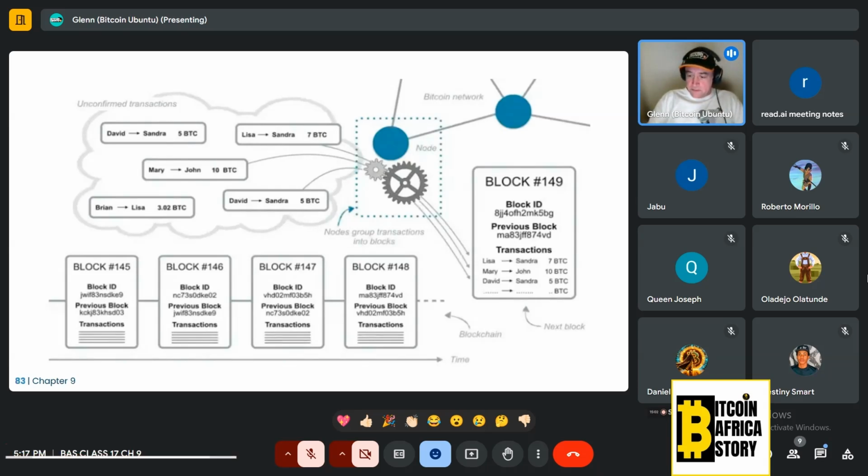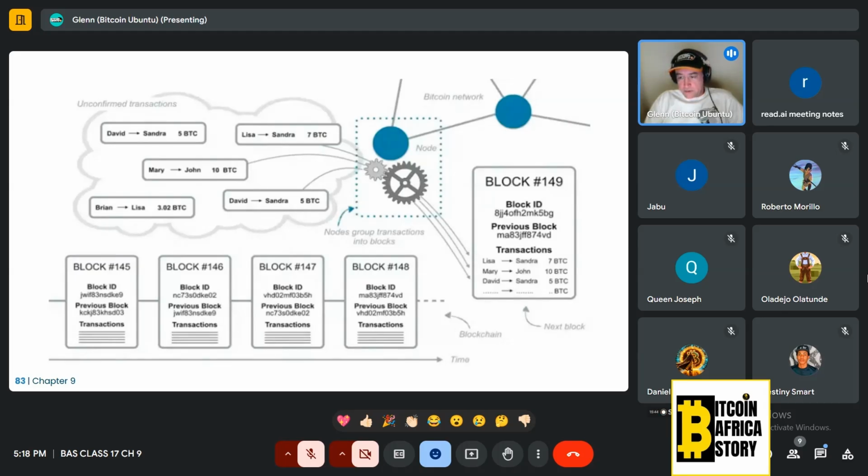Let's have a look at this infographic we've got over here and see what all it's illustrating. Here we have the memory pool. This is the pool of unconfirmed transactions. You can see all the various users wanting to send their Bitcoin. They broadcast the transactions to the network. The transactions sit in the memory pool until a miner finds a valid block hash, at which point he'll choose usually the highest paying transactions